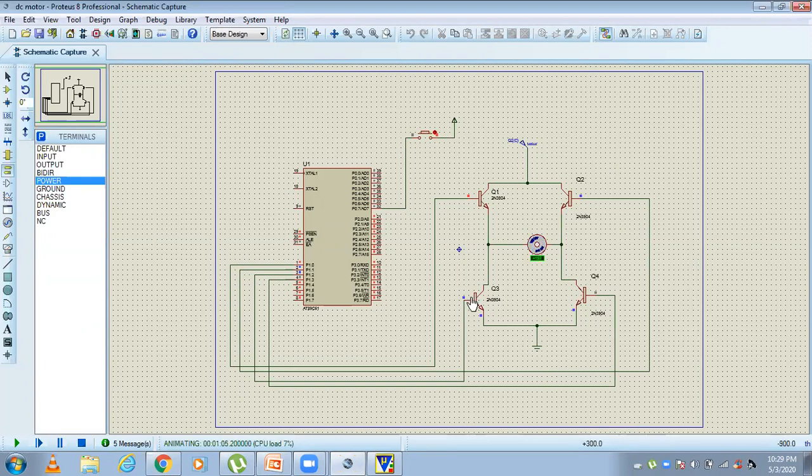Now I will close the switch. Check it here: the motor runs in the counterclockwise direction. Now here switches 2 and 3 will be closed, and switches 1 and 4 will be open circuit. So this is how the DC motor is interfaced with the 8051 microcontroller.